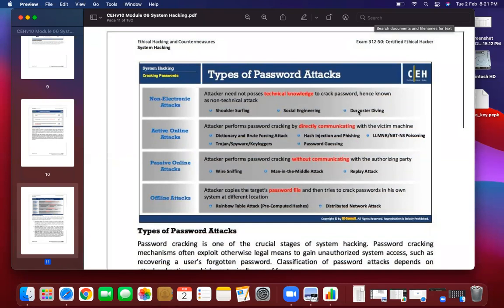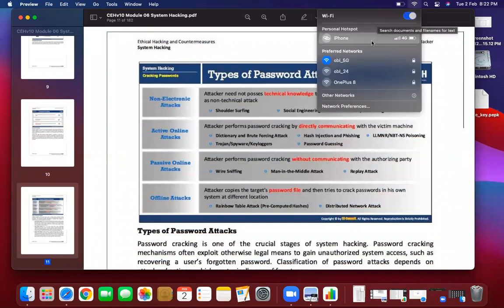Every time you try to destroy the receipt. Why? Because you do not want someone else to see those digits, your bank balance or whatever the details are. So just like that, a lot of things apart from ATM receipts, we may write down on a piece of paper or in our diary or somewhere else, and maybe we just threw it out in our dustbin. So attackers try to find that information in the dustbin or in garbage, known as dumpster diving. I hope the term dumpster diving is clear.